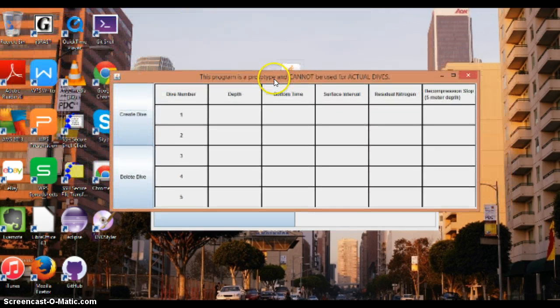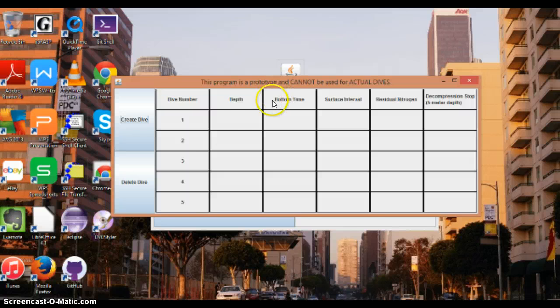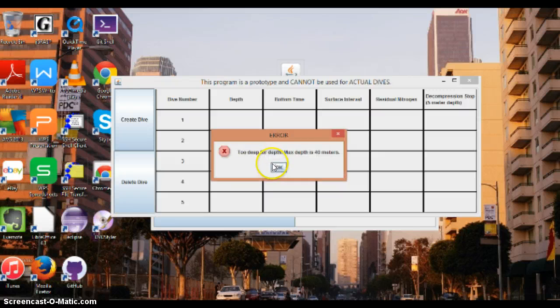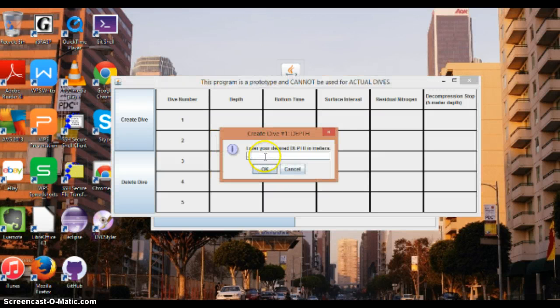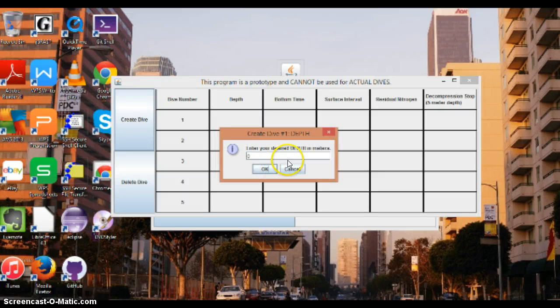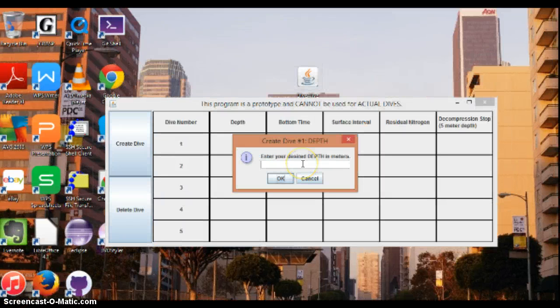Now for our actual dive table, we can create up to 5 different dives. So we will create a couple of dives. Our maximum dive depth is 40 meters. If you try to go above, like 41, that won't work. Any lower than 1, or something like 0, also won't work. This is just to ensure that the divers are diving within safe limits and that they aren't doing anything too weird. This error checking for valid input works for all depth, bottom time, and surface interval based off of the